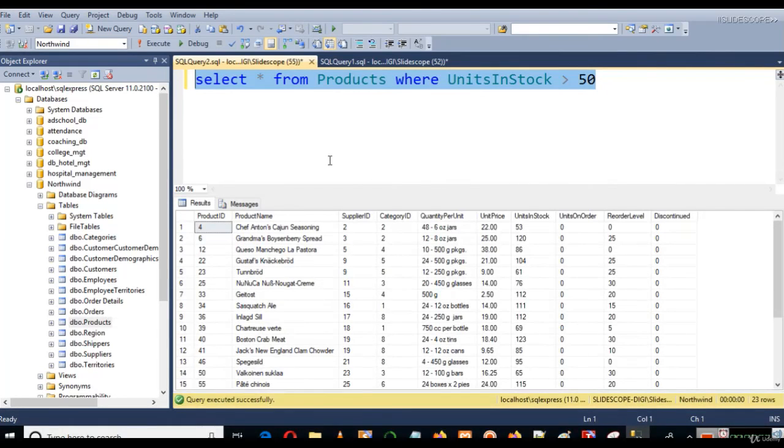This is MS SQL Server, and we are executing the same queries here also. Just make sure that you don't write these left inverted commas here. You can write double inverted commas here. So this is a working query. So instead of left inverted commas, you can write double inverted commas here, and this is very much similar to MySQL.